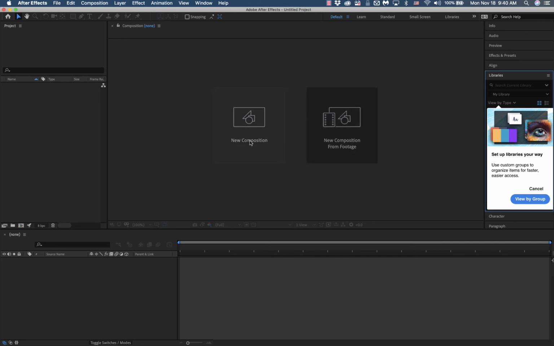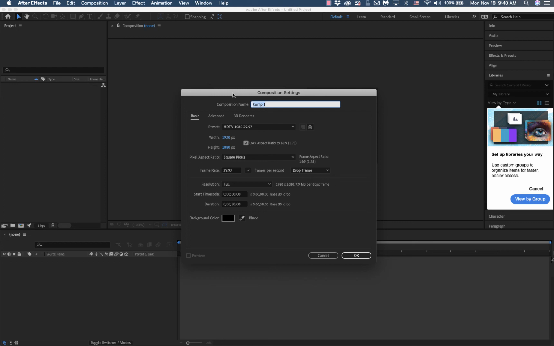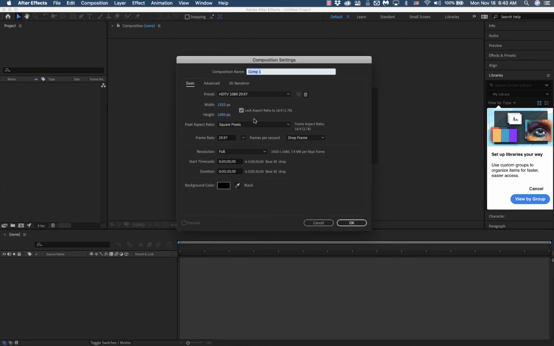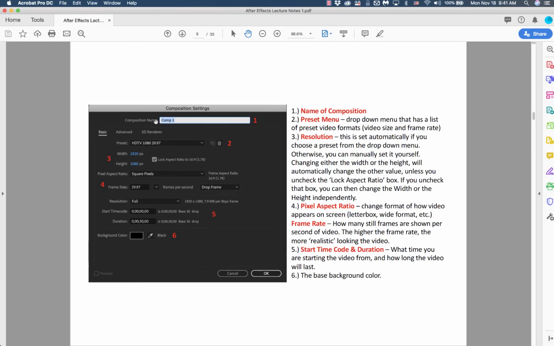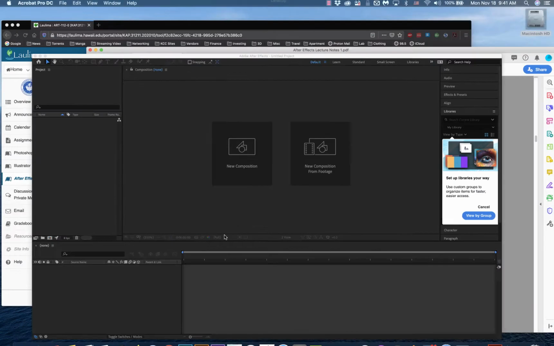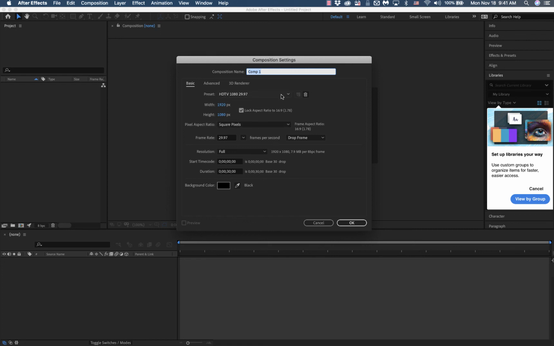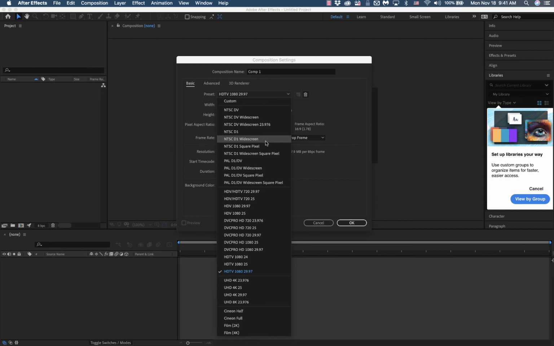So let's start off with, we're going to be using new composition from footage in just a moment. I just wanted to show you the new composition window. So if you click on that, you get this window here, composition settings, and the breakdown is like such. So you get the composition name, number one, number two, the preset menu here. So if you click on this box, preset, you will get a drop down of the different types of formats of video. We'll leave it on the default, which is HD TV 1080